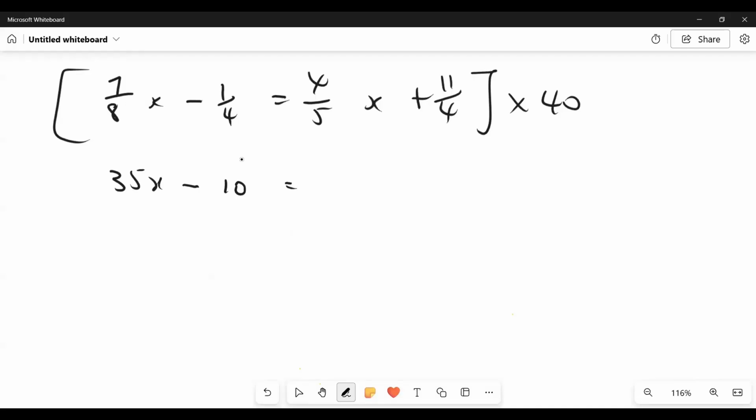Yeah, equal 32x plus 110, right? And I guess you can take it from here. You take this here and you take that there. Shortcut now, we're jumping the axioms and so on. So we end up with